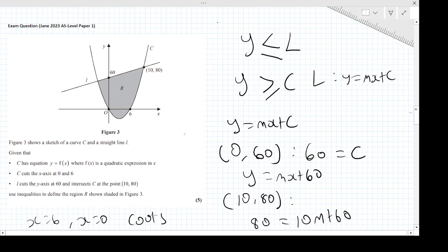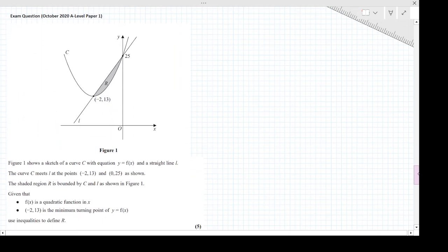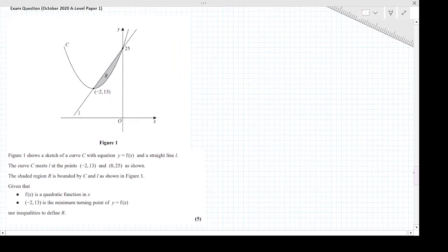So hopefully you see it's the same sort of idea. Even though it's a bit more complicated, we have to find the functions, but it's not too bad, right? As long as you have the idea of whether you have to go below or above the curve or the line and so forth to get the region. Okay, we're going to finish off with one more exam question. It's very similar, okay, again. And hopefully you start to pick up the idea, and also you start to understand the exam